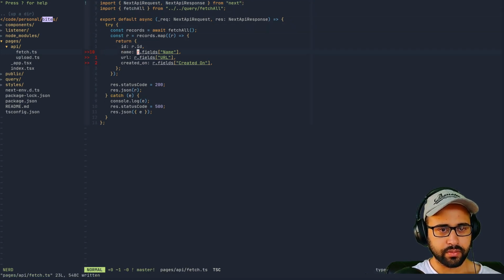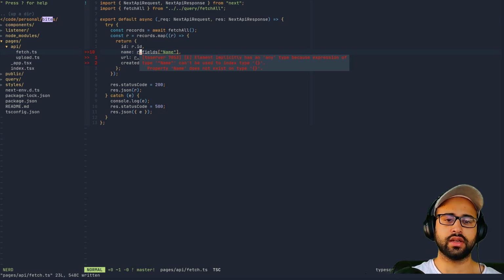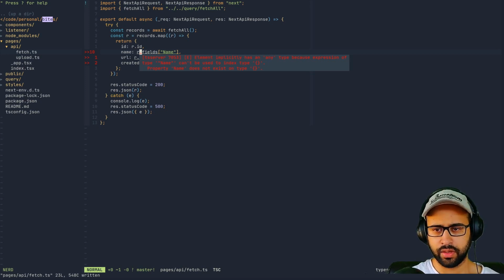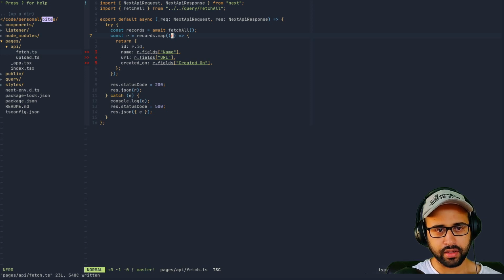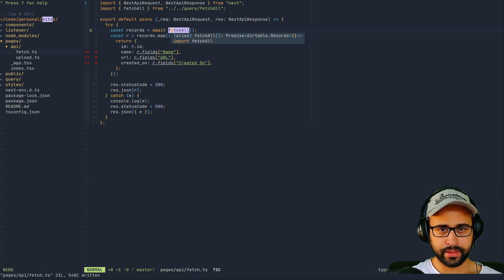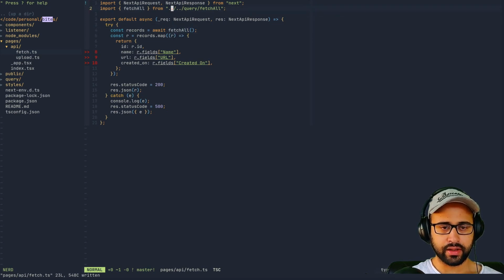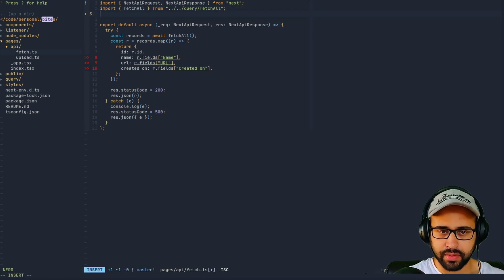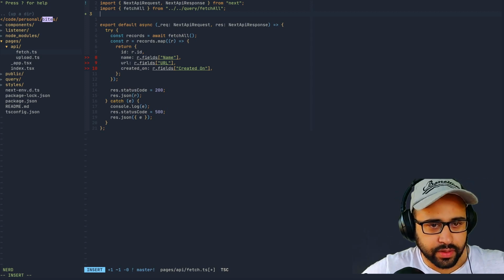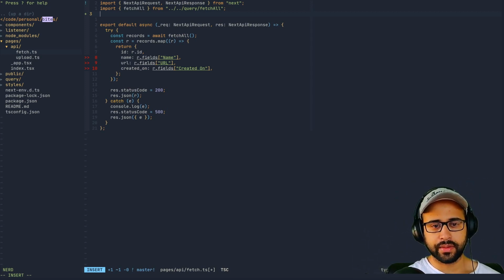So yeah, we have some typing errors again here. It says that element implicitly has any type because expression type name cannot be used. Okay. So this record, we can type it out, right? So like say like actually here we can do it. So here we will have this can't use a byte interface because the naming convention is capital and doesn't use snake case either.